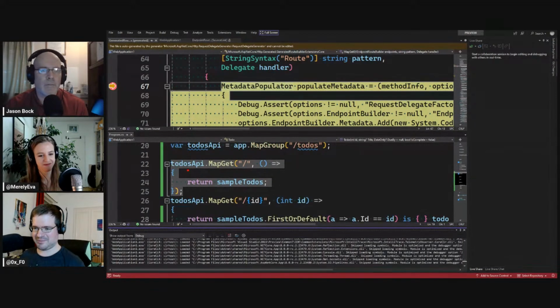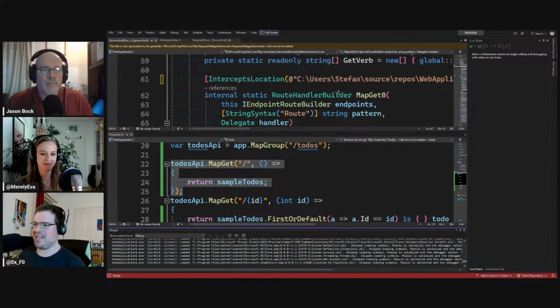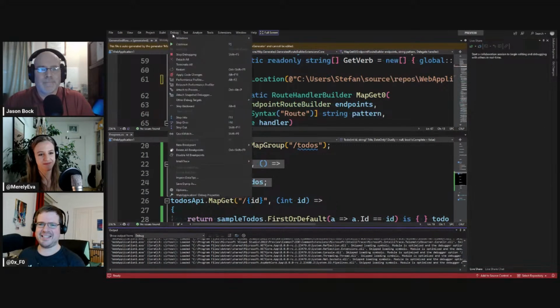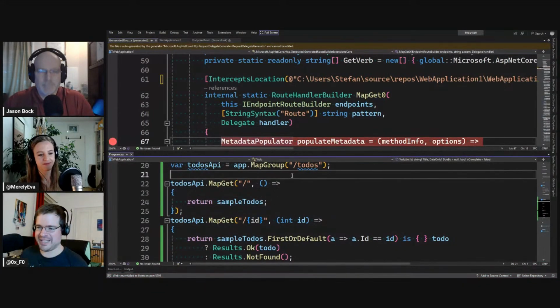Anyway, we see it here. So we are invoking this method, and we have the breakpoint now in our interceptor. Cool. Now, since this is generated code, I can't really search for these methods that are attributed via the InterceptsLocation attribute. And since it's a super experimental feature, no tool vendor is, of course, investing into it to maybe give a little indicator here. I can expect that if this feature is released, of course, a big if, then there will be some indicator, hey, this is intercepted. But tooling isn't there yet.